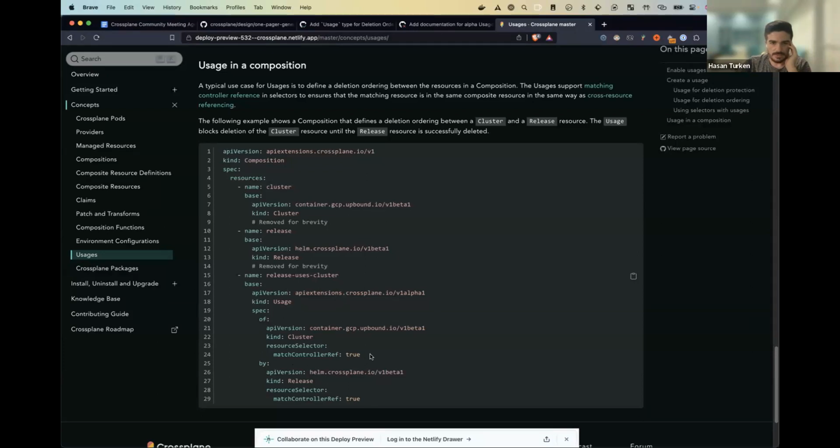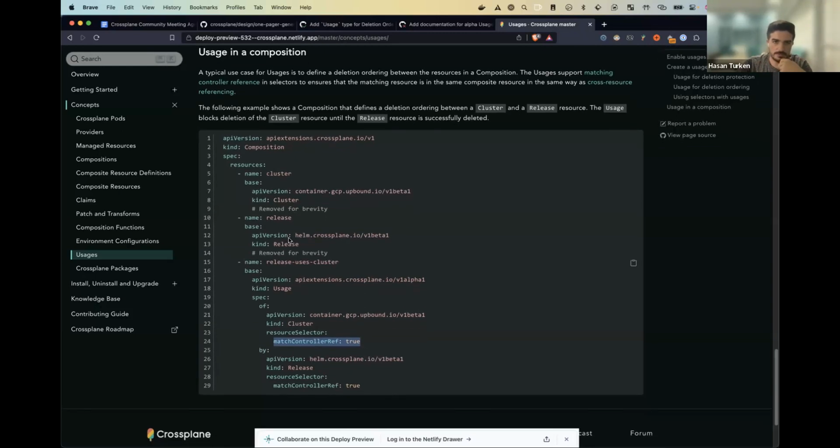As you can see, we can use match controller ref instead of directly giving the name of the releases or cluster resources, and the usage controller will resolve the correct cluster or release. If there are multiple releases, for example, then we can combine this match controller ref with match labels and give some unique labels for different releases and define multiple usages in this case.